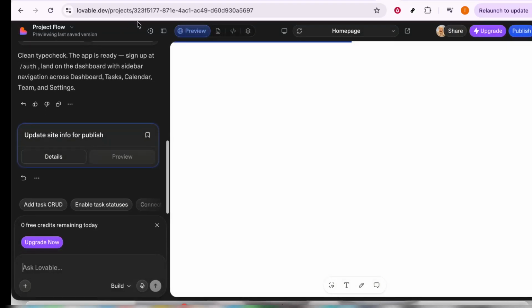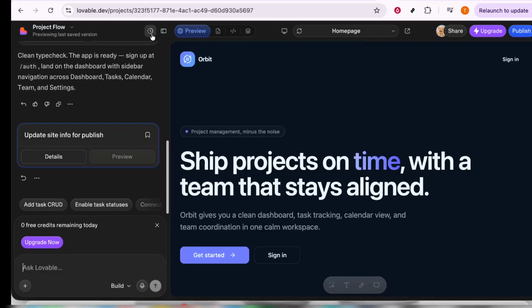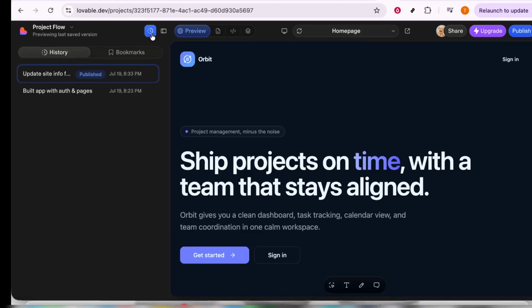Once inside the project, direct your attention towards the top of the screen. Look for an icon that resembles a clock. This represents the View History feature. Clicking on this icon will unveil a comprehensive list of all the versions that have been created for this particular project. The visual cue of a clock icon is there to remind you that this is where past actions are